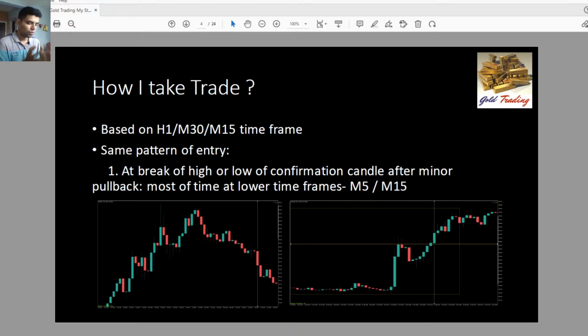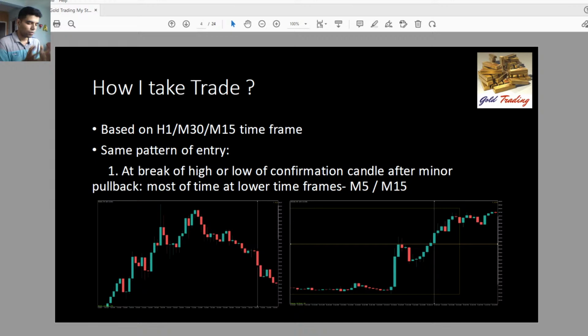Look at the chart, look at the setup, just one setup, practice it, be master in it. Okay guys, so that's the secret for success in trading. So let's dive further. The next pattern is